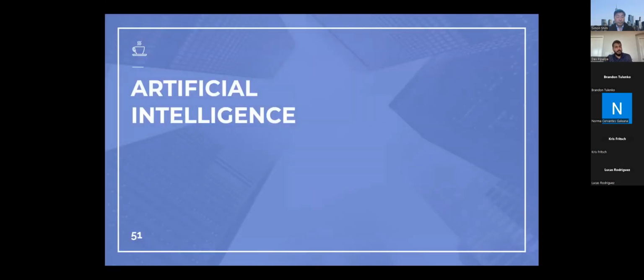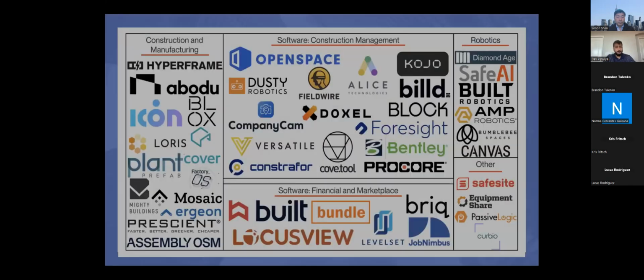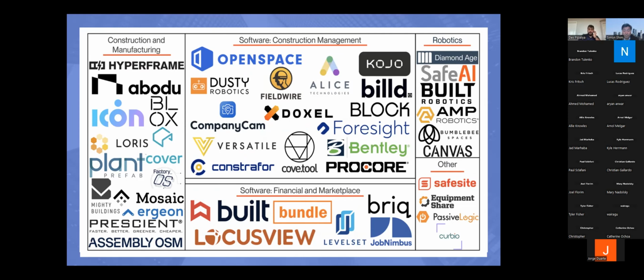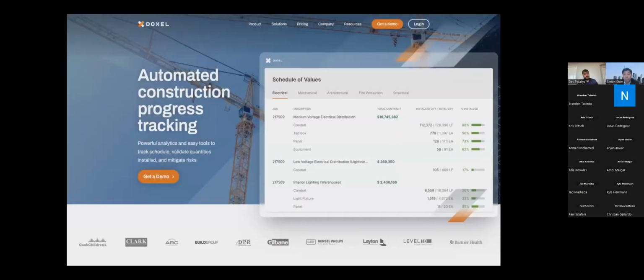Okay, so artificial intelligence. As you can see, there are a lot of software products that have already come into existence. Not all of them are good. Some of them are still experimenting and trying to figure out the best way possible. But some of them are doing a great job, such as OpenSpace, Bentley, and Doxel. Those are the really famous ones right now that are being used. So we'll go over Doxel a little bit